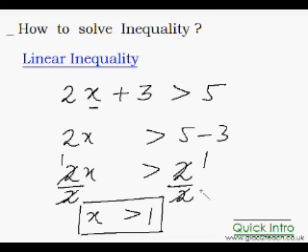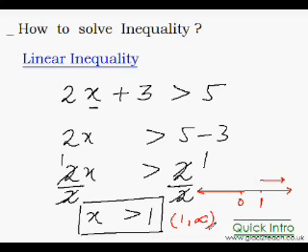You can even put the answer on the number line just to make it more visual, easy for the eye. This is your number line. The middle portion is always 0. On the left hand side, as you know, you have negative values. On the right hand side, you have all the positive values. So since you have a positive 1 here, you'll put 1 here. And since x is greater than 1, it will be all of these values, that is from 1 to positive infinity. So you can also write this answer like that. You can put it in the interval form. You can say 1 to positive infinity. Whichever way you put it, it will be absolutely correct.